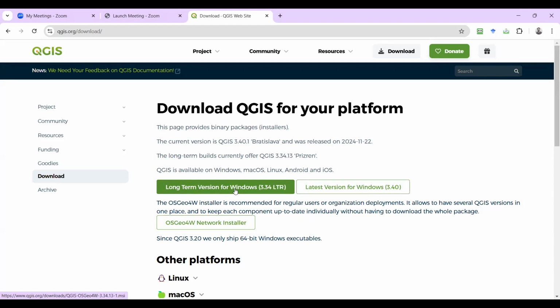It may not have all the tools available in the latest version, but all the tools available in the version are tested to an extent. Still, sometimes it creates trouble, otherwise everything works perfectly. And that is the most suitable version for me. So I'll go for the long-term version of